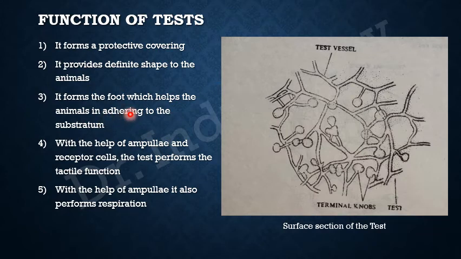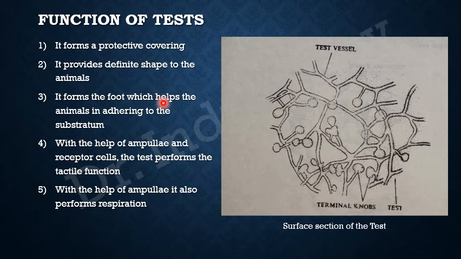Now if you remember the structure, I told you the body above is a hollow structure which is having mainly the digestive organs and the reproductive organs inside it. Means if we see the upper part of the body, there is the outer covering test, which is enclosing one more layer mental, and inside the mental is the alimentary tract. So this was the body above the substratum, but in the substratum there is a little part of animal which is embedding inside the substratum, and this part, it is only constituted of the test.